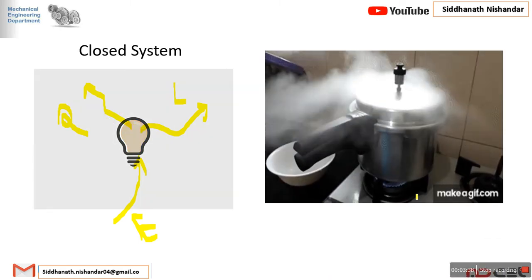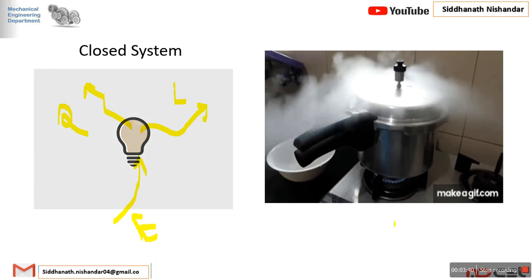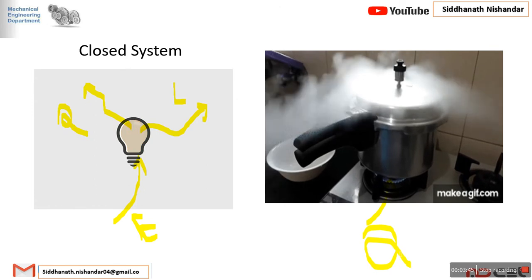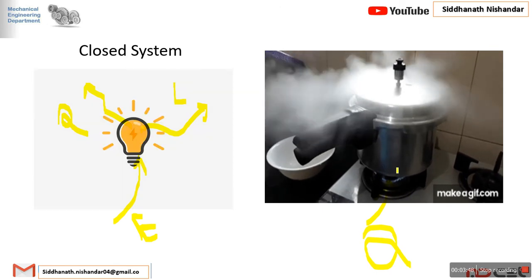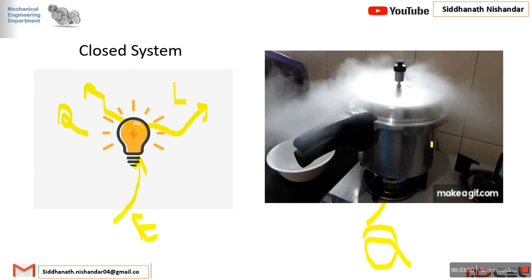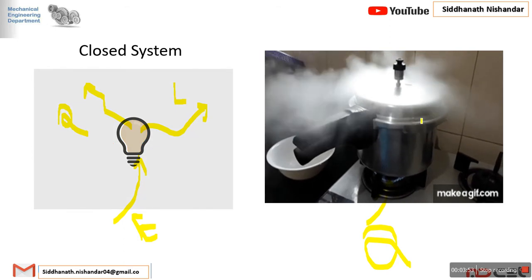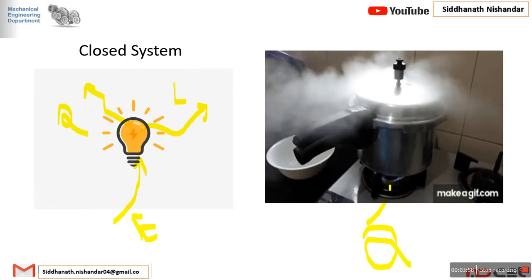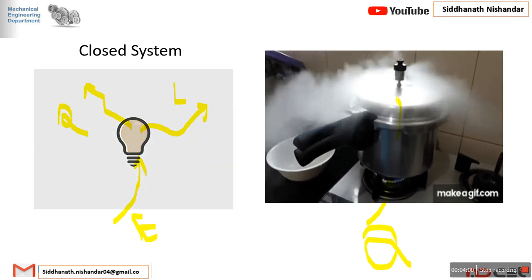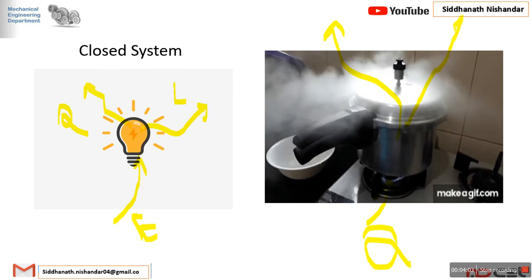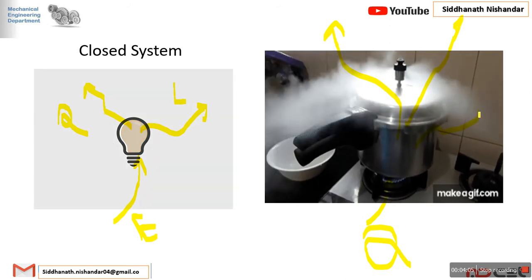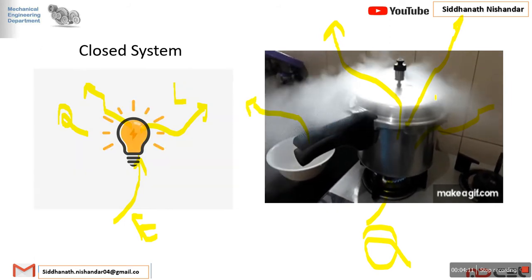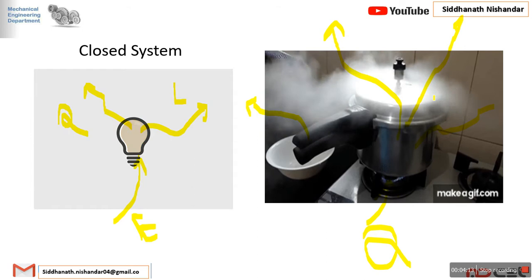Now take another example, the pressure cooker. If we supply Q, that is heat, to this pressure cooker, it gives heat to the inside. Suppose there is matter, that is the rice, and there is also water. What happens is the excess steam is released during the whistling process. We supply Q, and some of the Q is also released via radiation to the surroundings, but there is no exchange of matter, no exchange of mass.